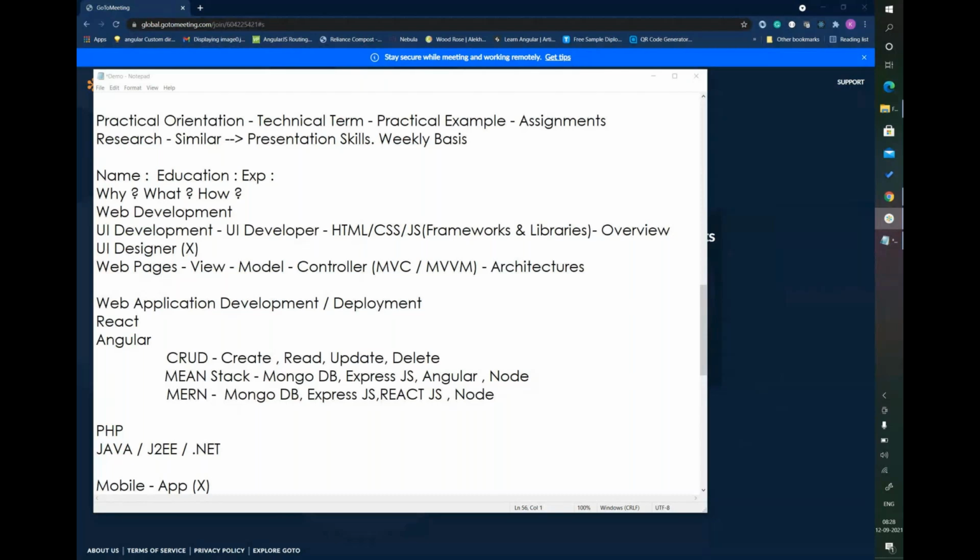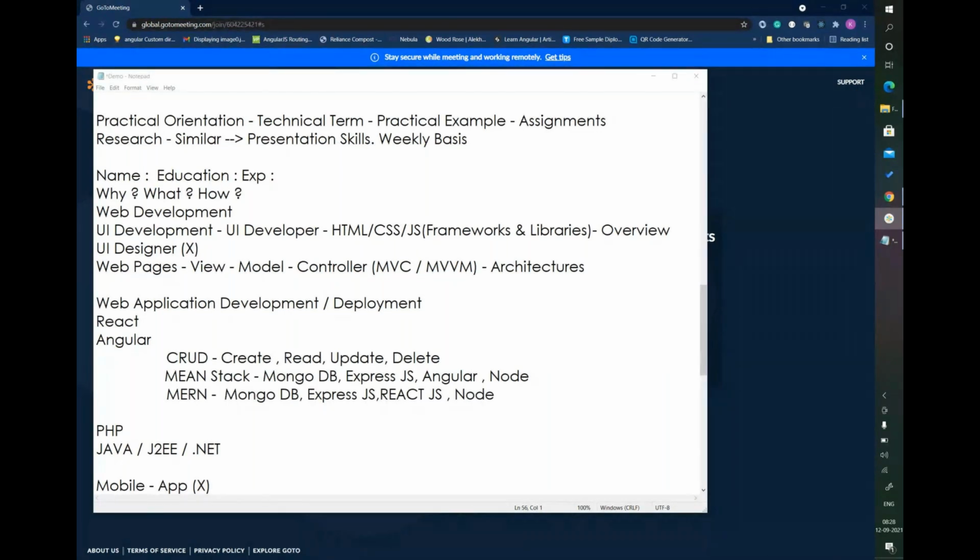No, sir. I did an internship in computer technologies. In .NET. Okay. Got it.